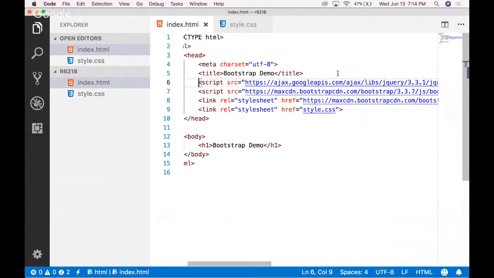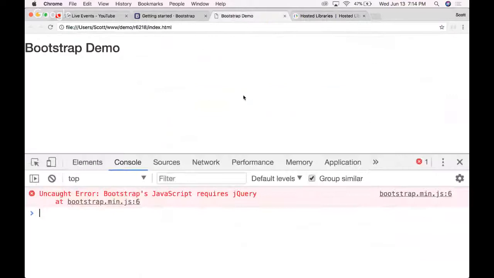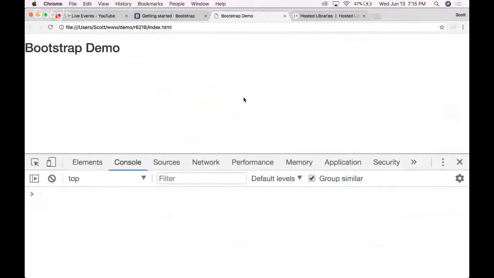All right, so that should be everything we need to get Bootstrap to work. I'd like to reiterate, a lot of Bootstrap and just the CSS stuff will work without the JavaScript portion of it. It's just if you're using the modal, the carousel, different things like that, then you need the JavaScript. All right, so let me show you some cool stuff that Bootstrap can do. So right out the gate,